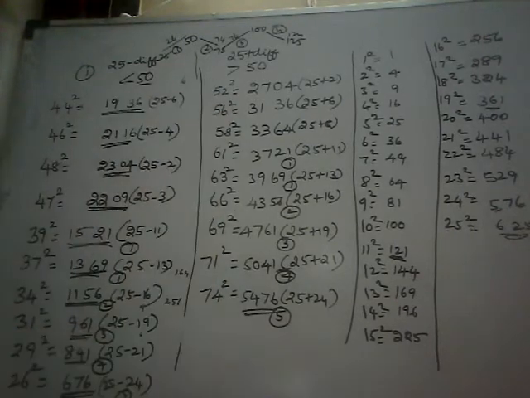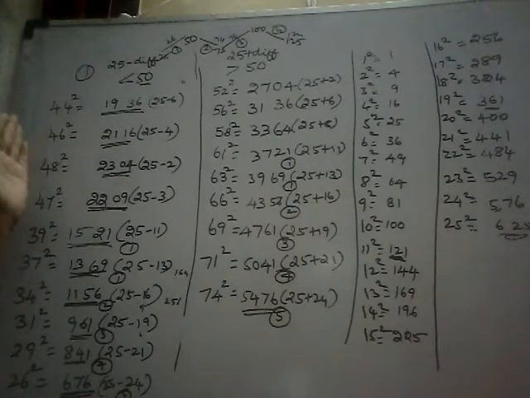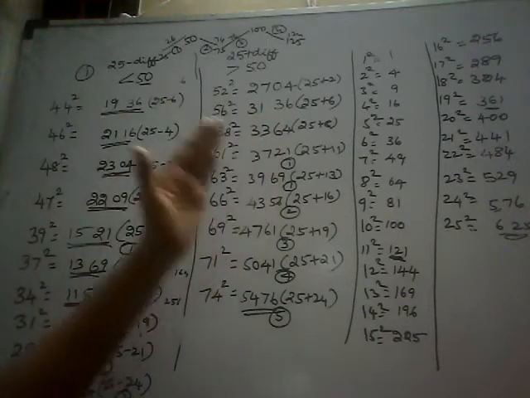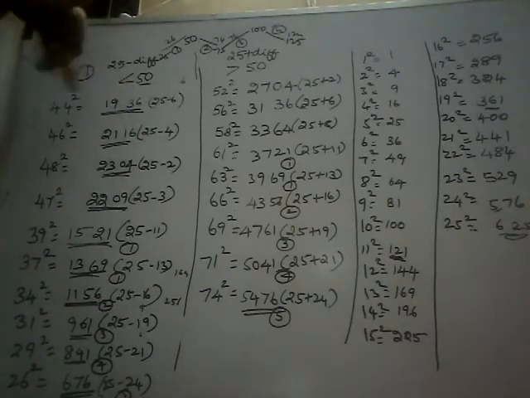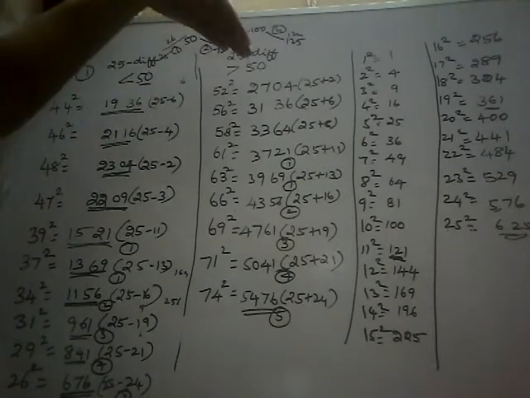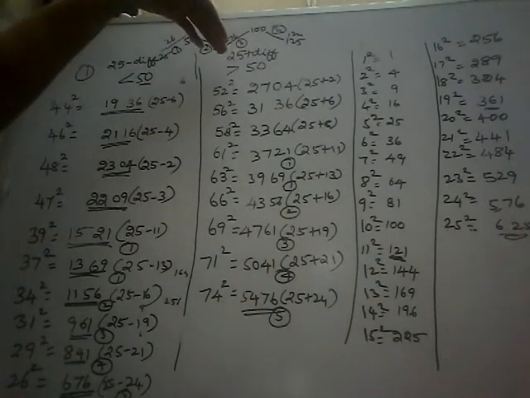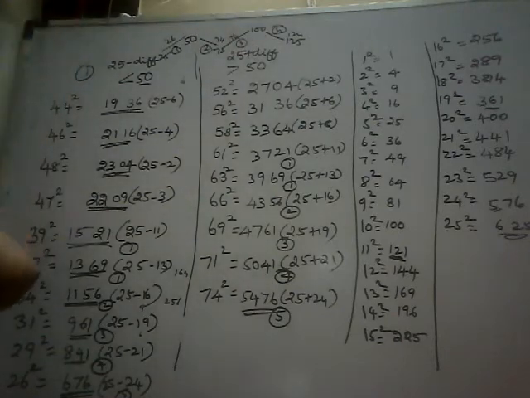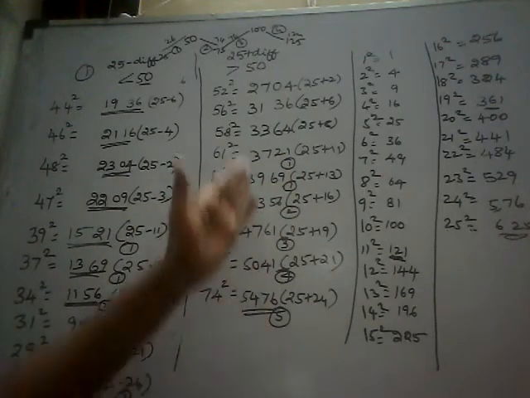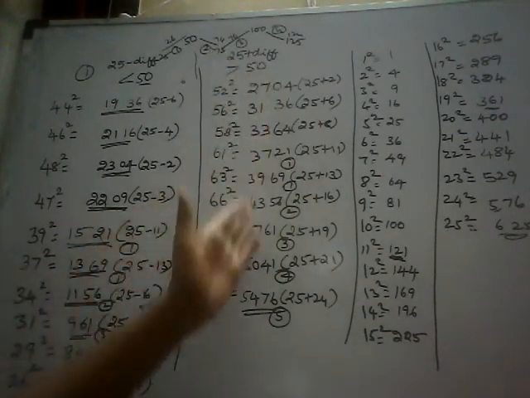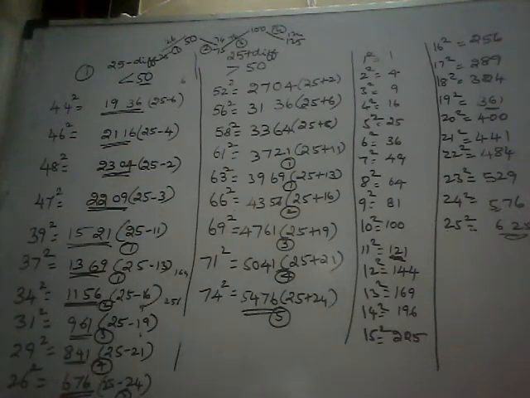Like this you can do it for up to 75, you can do it easily. So you categorize the numbers as below 50 and above 50. Below 50 means take half of it, 25, and subtract the difference. For the difference, you have to square it first and write it. For above 50, you take half of it, 25, and add the difference. For this also, square your difference and write it in the two digits column, and write the addition of the 25 and the difference in the next two digits column.